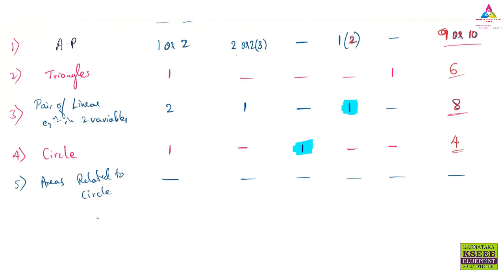Coming to the 6th chapter. The 6th chapter name is construction. In construction you have 3 types: one is line segment, second is construction of a tangent, and third is construction of a similar triangle. So obviously here it must contain some questions. Therefore, for construction, the first one is blank.